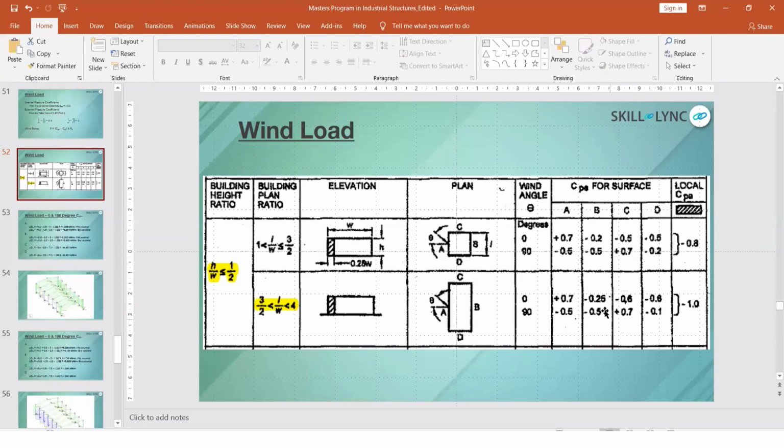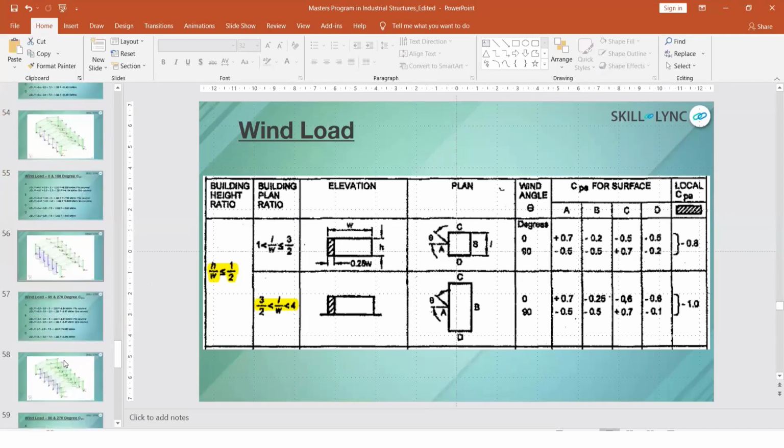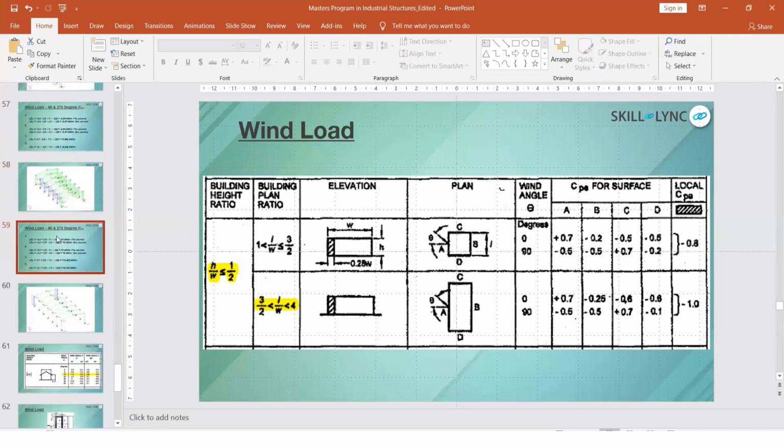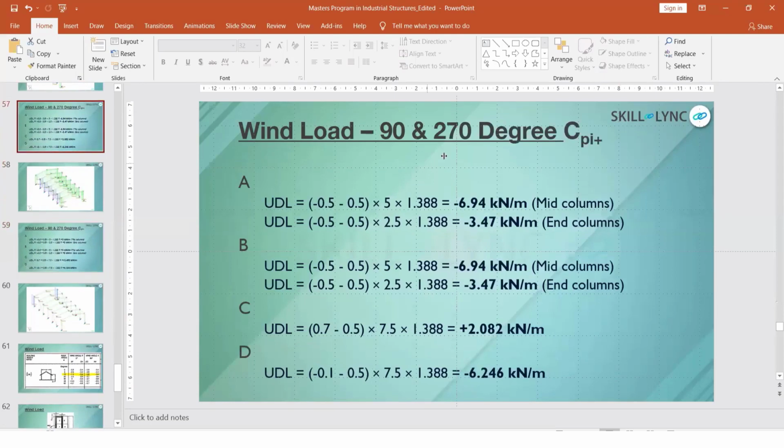This minus and plus is what you have to carefully work on when you are working on the wind direction. Okay, got it? So if you see, in 90 degree and 270 degree, I have applied it for positive 0.5 in the STAAD model. Minus 0.5 is the value from the table. This is minus of plus 0.5, which is minus 0.5 again, the area into the PD value.